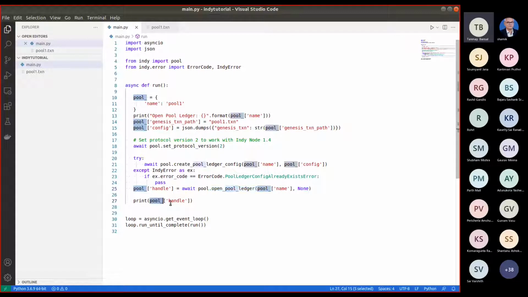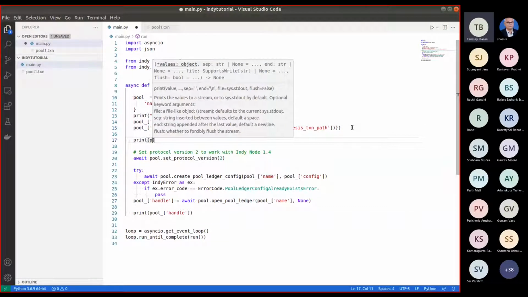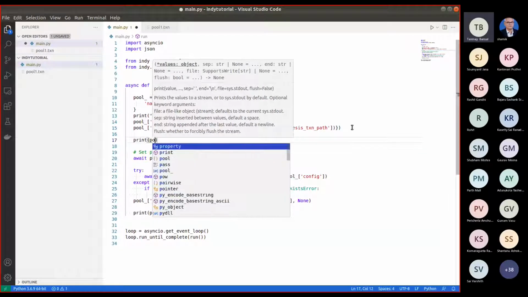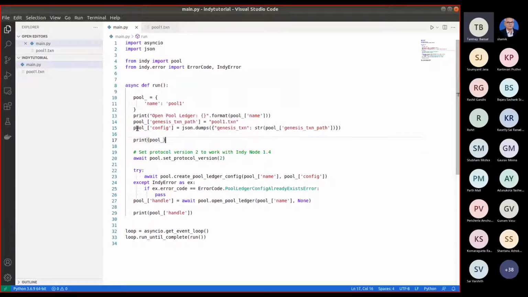So if we print it, it should give some integer. Before that, let me write a print statement here, so that you know what is going on inside this pool_ variable. This is the config, right? Pool_ and then config, but this is inside this variable pool_, which is a dictionary. Okay, so let us try to run this.